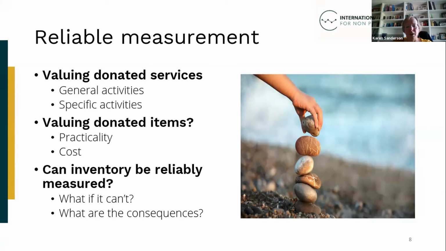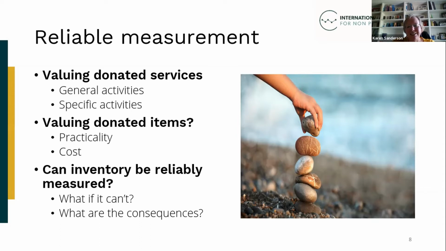Some kinds of contributions in kind form part of inventory, like the emergency items that were mentioned in the video by Philip earlier. Where such contributions can be reliably measured, you would normally see them as assets in the balance sheet, initially measured at cost. But if a reliable measurement can't be obtained, then no asset is recognised.